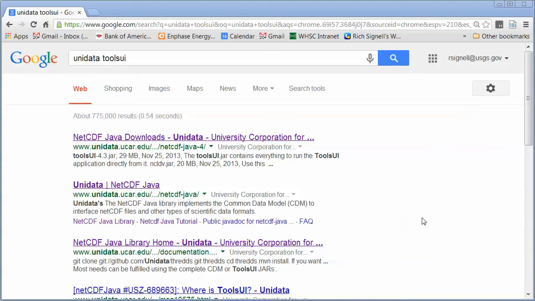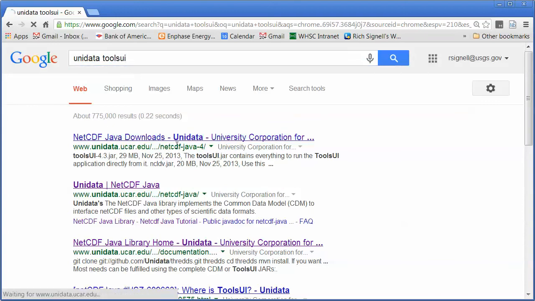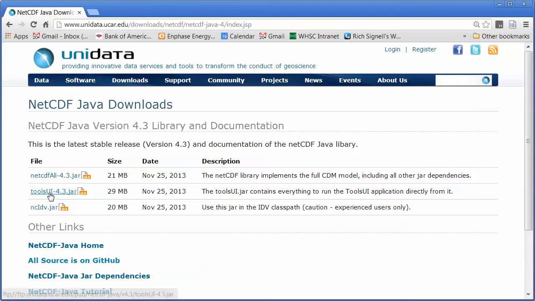I'll show you how to use this Unidata ToolsUI to open up a NetCDF file. If you Google Unidata ToolsUI, you'll find the link, and you can just download this jar file. And once you've got it downloaded,